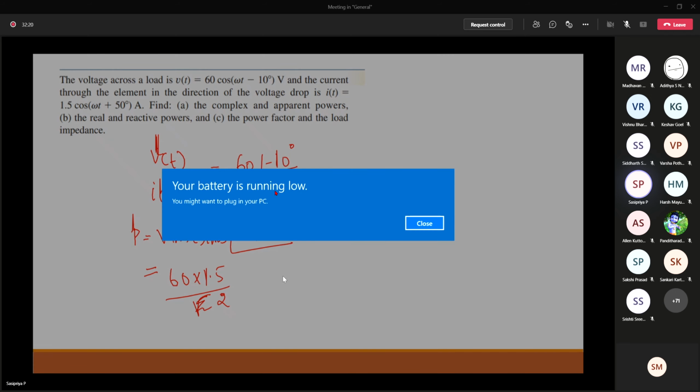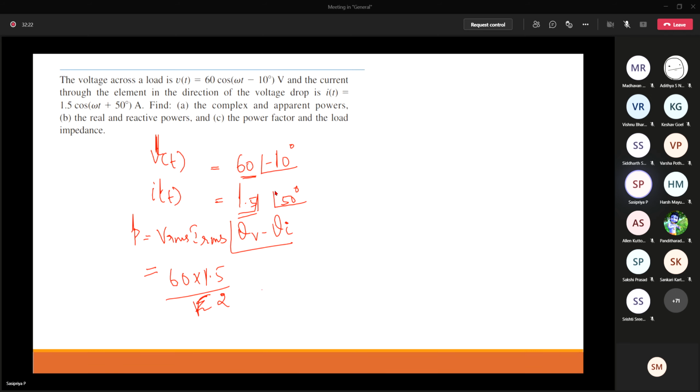And what is the angle? Theta v minus theta I. Voltage angle is minus 10 and current angle is 50, so it's minus 60 degree. So this gives us the complex power. Complex power we use to represent with the letter S. So this is my complex power. Okay, so from this, the apparent power is